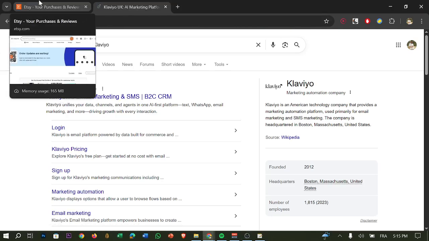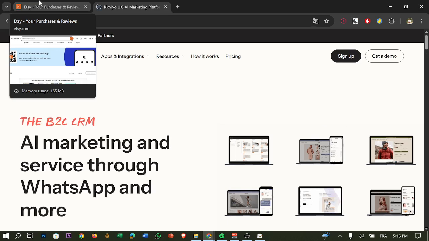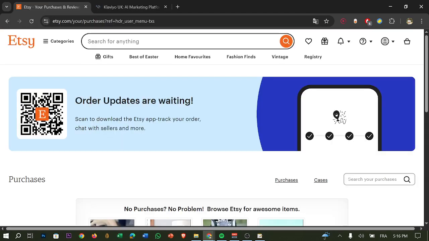So connecting Etsy to Klaviyo allows you to collect customer data and run powerful email and SMS marketing campaigns for your Etsy shop. With the integration, you can automatically add Etsy customers to Klaviyo lists, track purchases, and send automated marketing flows. So this setup helps sellers increase repeat purchases and build long-term customer relationships. So in this guide, I will show you step by step how to connect Etsy to Klaviyo in 2026 safely